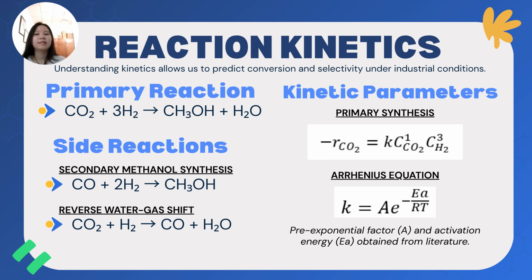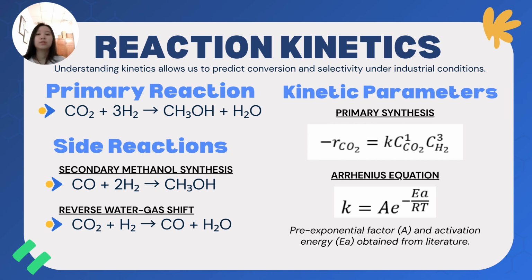First, we need to understand the reaction kinetics since it allows us to predict conversion and selectivity under industrial conditions. Since we chose the conventional syngas route for the methanol production, here are some chemical equations we involve. The first one will be the primary reaction, which utilizes the carbon dioxide to produce methanol. There are also some side reactions, which are secondary methanol synthesis through carbon monoxide and also the reverse water gas